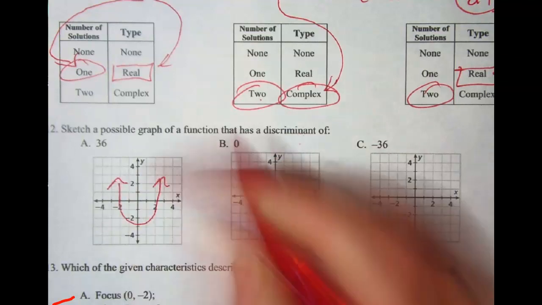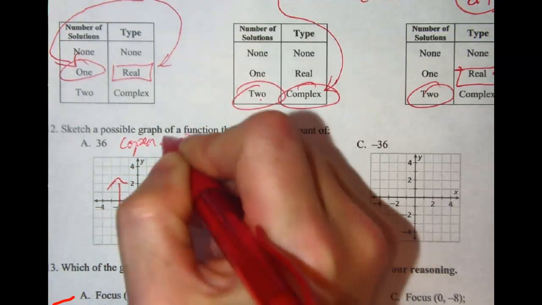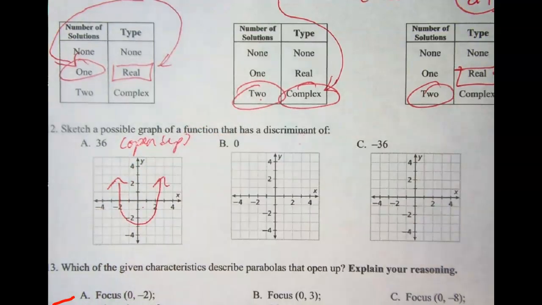It's going to be at the bottom. It's going to open up. Again, these are in our note packets, our very last note packet that we did. So make sure we're using that as well. There's a couple good examples on there that we did, showing what the sketches of the graphs look like